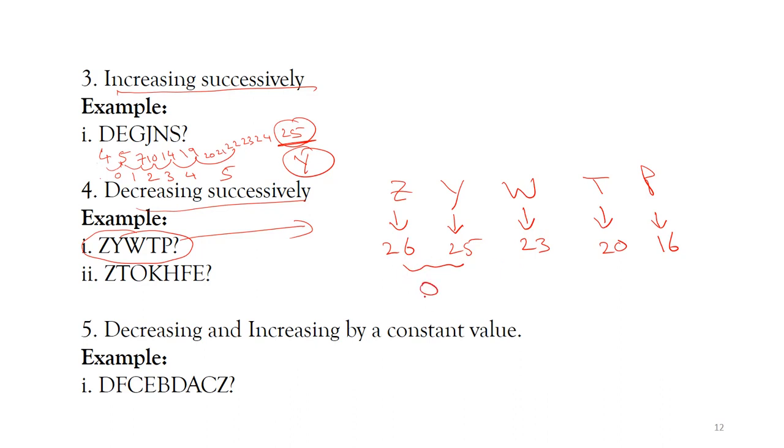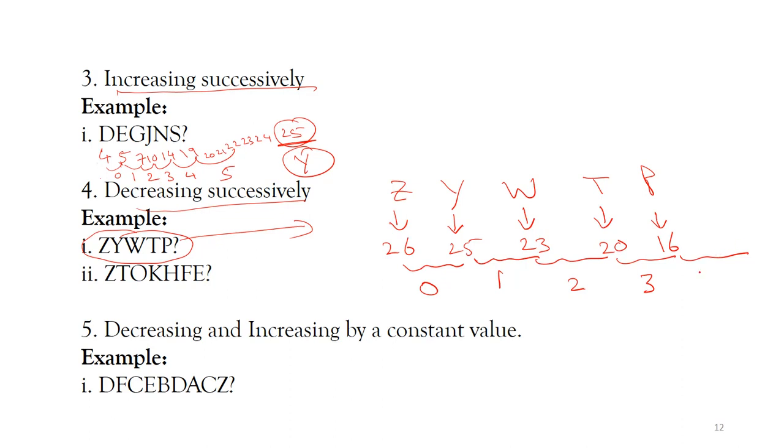So there are 0 letters here, or the difference is 1. Any logic you can follow. And if you see, there are 24 will come here. So there is 1 letter gap. This is 2 letter gap. 21, 22. This is 17, 18, 19. So 3 letter gap. Next should be